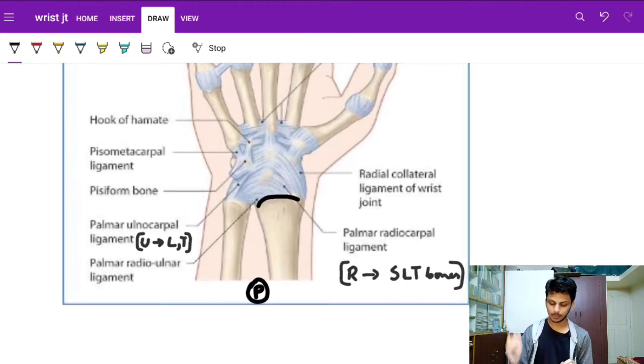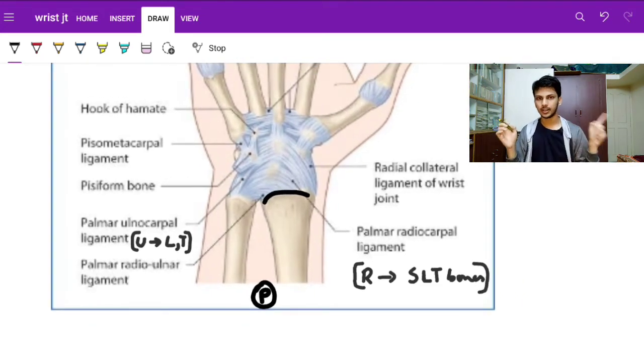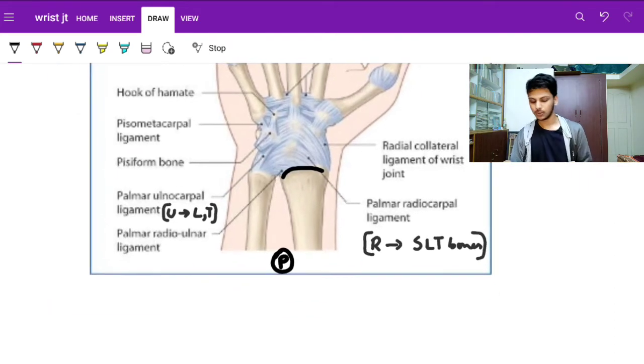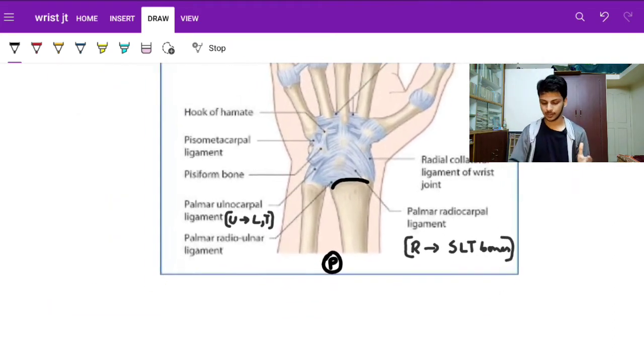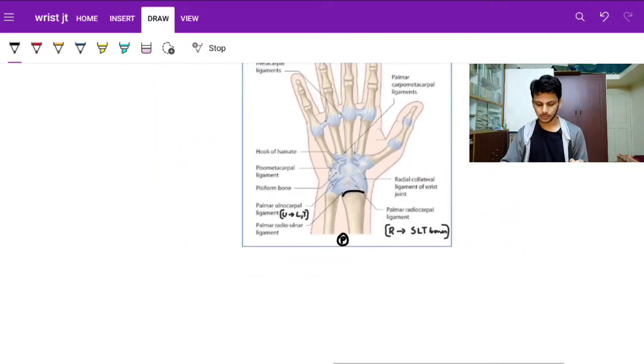Then there is a palmar ulnocarpal, from the palmar aspect to the medial carpals forming the wrist joint. Which are they? The carpals forming the wrist joint are scaphoid, lunate, and triquetral. So the medial two will be lunate and triquetral bones. So ulnocarpal goes from ulna to lunate and triquetral, radiocarpal from radius to scaphoid, lunate, and triquetral. So the lunate and triquetral are receiving attachment from both radiocarpal and ulnocarpal ligaments basically. So you can remember it like that.